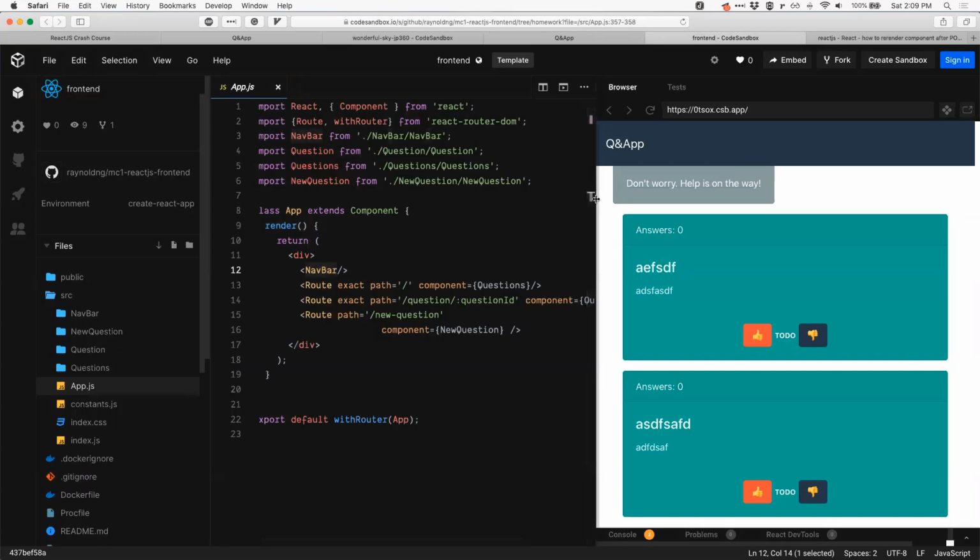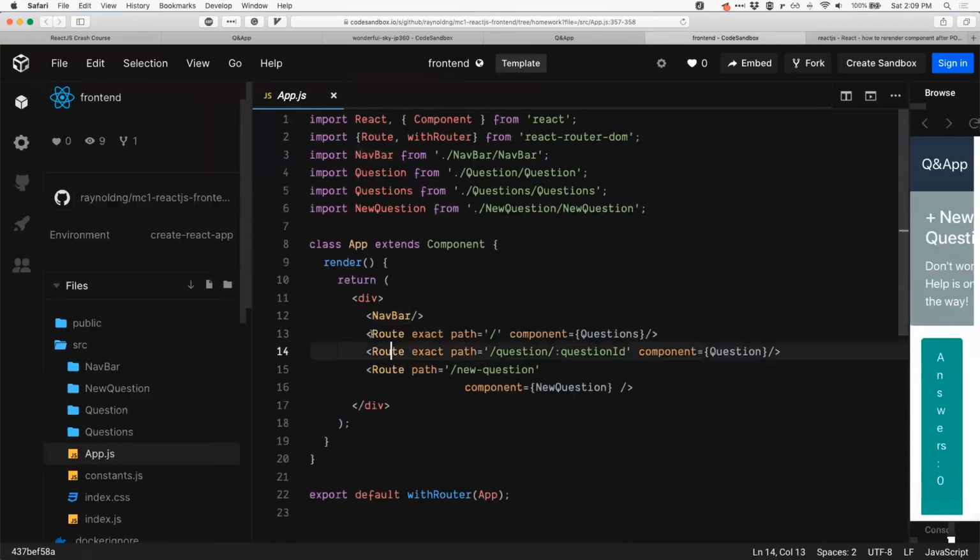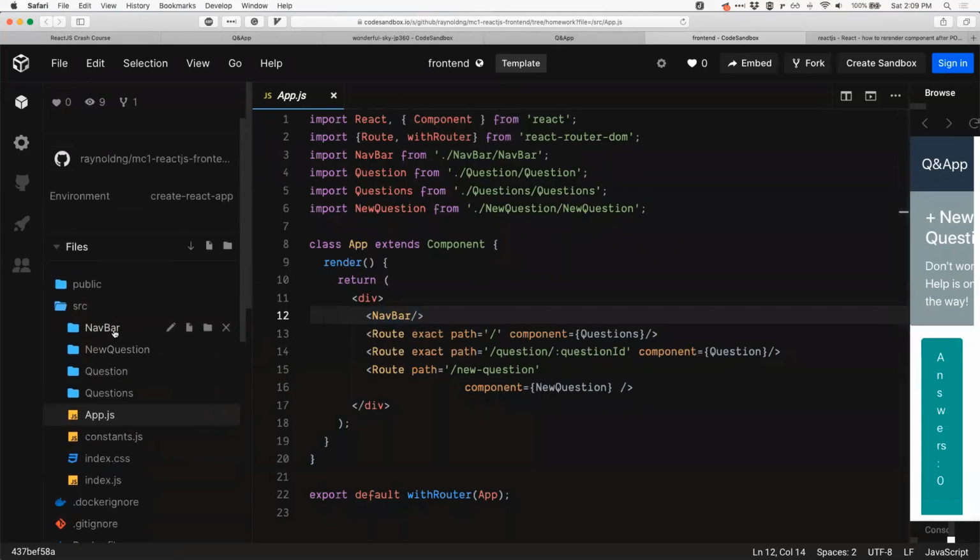So notice that these were wrapped in the Route component, right? Because these are conditionally rendered based on the path. Whereas the navigation bar is always there, right? Because that's why it's called a navigation bar. So that itself is not wrapped in a Route because we always want it to be rendered regardless of the path. But if you look at the nav bar, right,